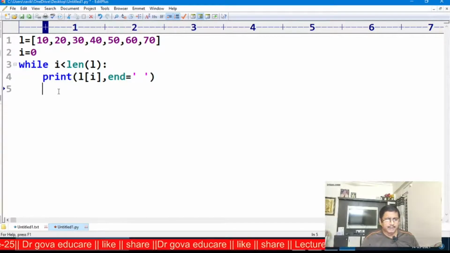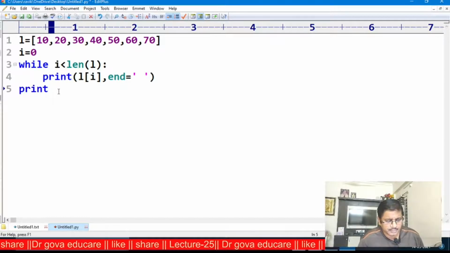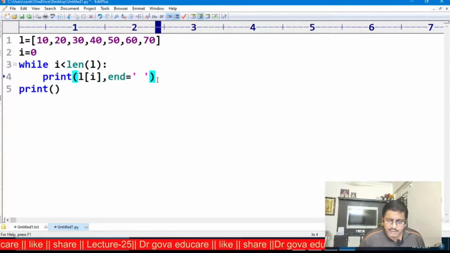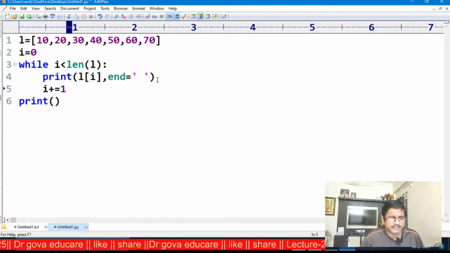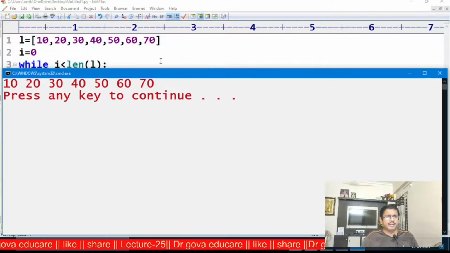After printing the list, the control goes to a new line, print new line. Here I is incremented by 1. Now I am executing this. Observe here, the entire list will be displayed on the screen. It is nothing but traversing.